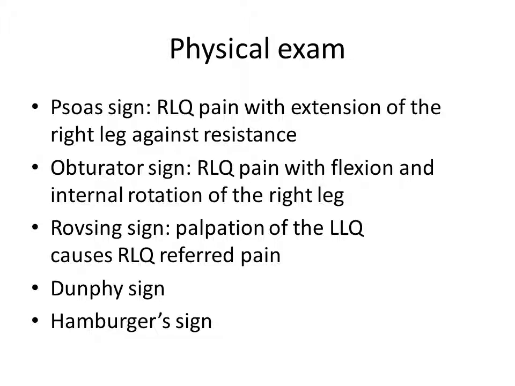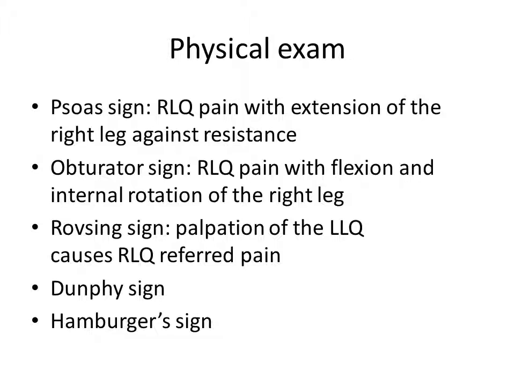Now, how do we diagnose appendicitis? One of the things we really have to do is perform a physical exam, and there are certain examinations that we do for appendicitis. A few of them that I have here: psoas sign. Psoas sign is when they have pain in the right lower quadrant when there is extension of the right leg against resistance. So you tell the patient to raise their right leg, and you put pressure. If they feel pain in the right lower quadrant,